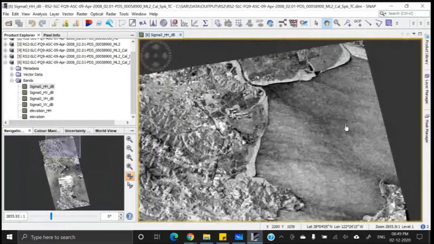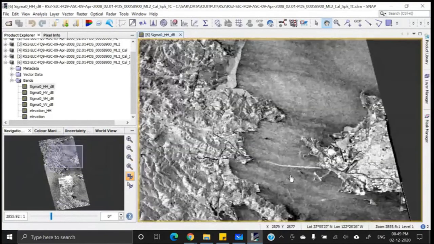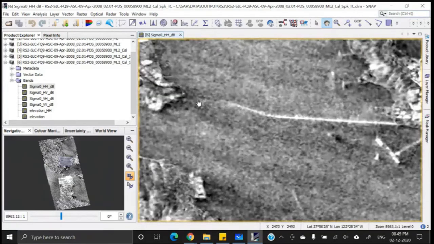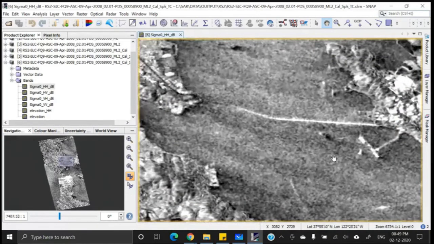From this image, it is clear to you that these areas are basically water bodies, so sea areas. Okay, and here we have a bridge. Okay, but see, up to this point, the bridge is of metallic thing. I mean, made of some metal or some metallic structure is there. But after that, we have the concrete, and that is why it is appearing blackish in this area, and in this area it is very bright. Okay, here we have a dock area, and that is why very bright pixels are there.